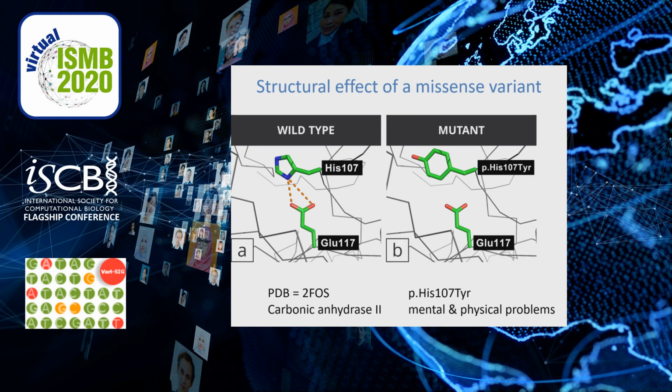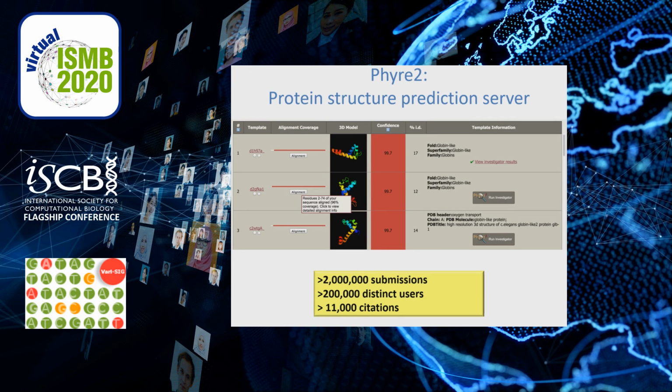It's well known that by examining a protein structure, one can interpret the impact of a missense variant, as illustrated in the slide, where the wild-type His-Glu salt bridge is abolished when the His becomes a Tyr mutant, and this leads to a disease. Of course, one requires structure for such analysis, and our group has developed and extended the